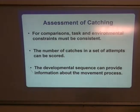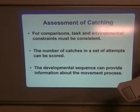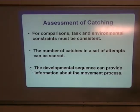So when we're assessing catching, it's very important that we keep all the constraints the same from the pre to the post. Okay, so this can be a little bit tricky. It takes a little bit of thought to know how you want to set this up. Okay, because